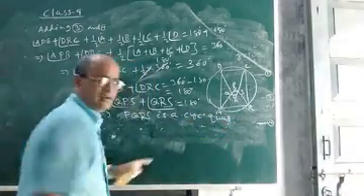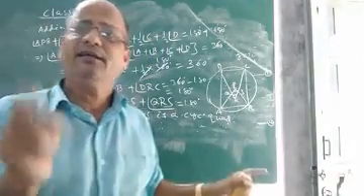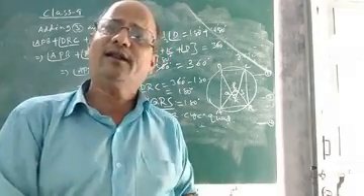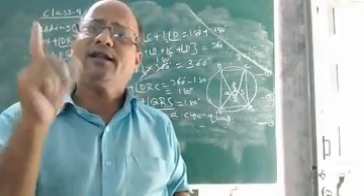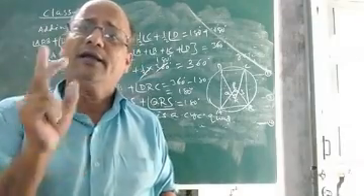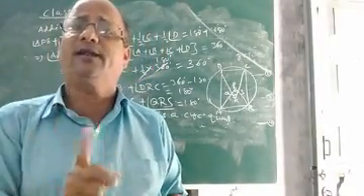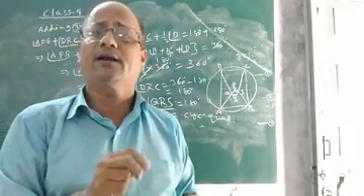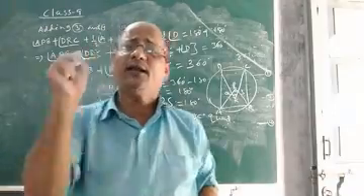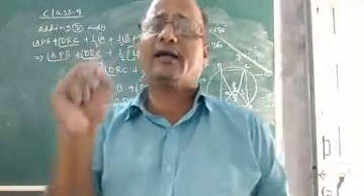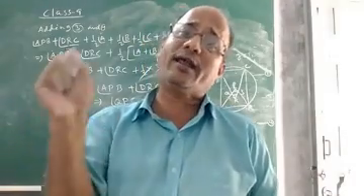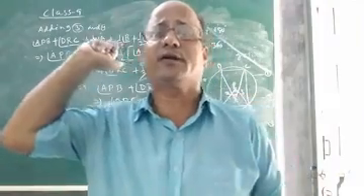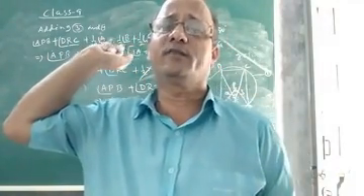So what did we see, children? We saw that in a cyclic quadrilateral, whatever quadrilateral is formed by the four angle bisectors of a cyclic quadrilateral, it is also cyclic. Okay, so it is also one of the important properties of cyclic quadrilateral, that the quadrilateral formed by the angle bisectors of four angles of a cyclic quadrilateral is also cyclic. Children, I hope you understood the proof of this geometrical truth.